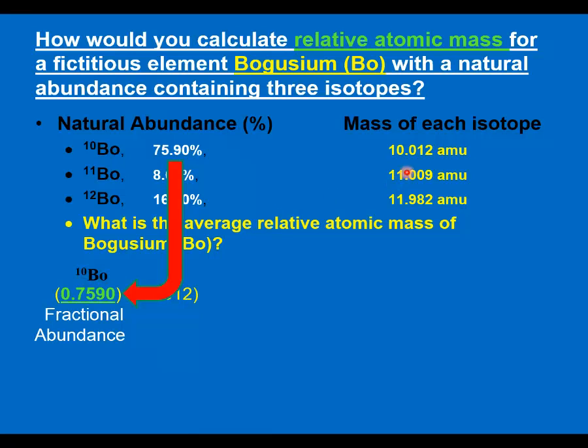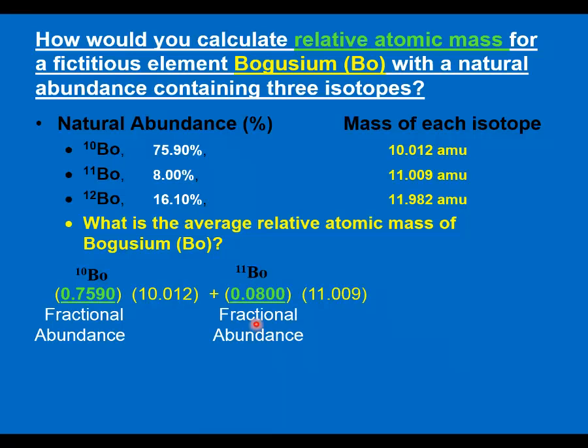Then I'm going to multiply it by the mass of the isotope in atomic mass units here of 10.012 for the first isotope. And I'll repeat this for every one of the isotopes. So for my mass number 11 isotope, we take the fractional abundance of 8% divided by 100 gives me 0.0800 times its atomic mass units of 11.009. And then I can go ahead and take